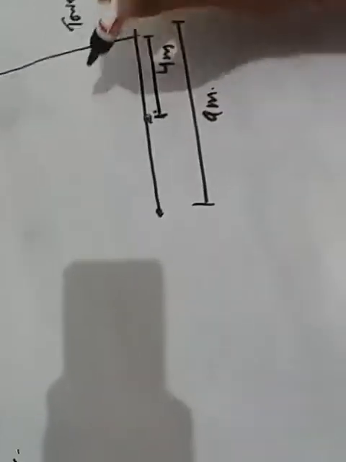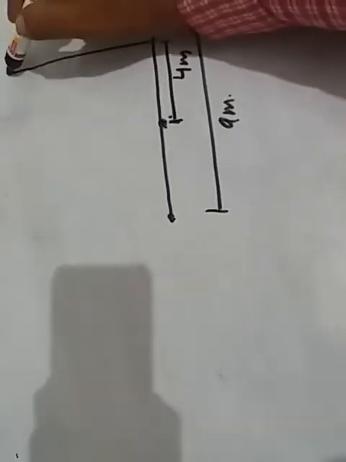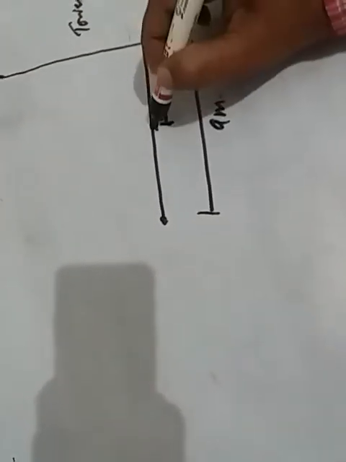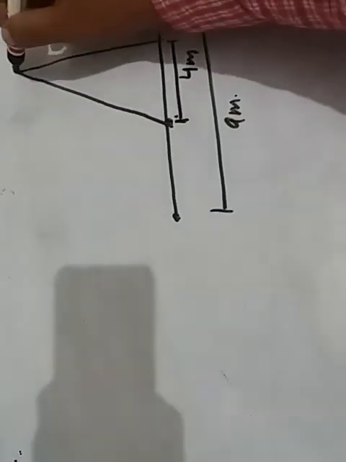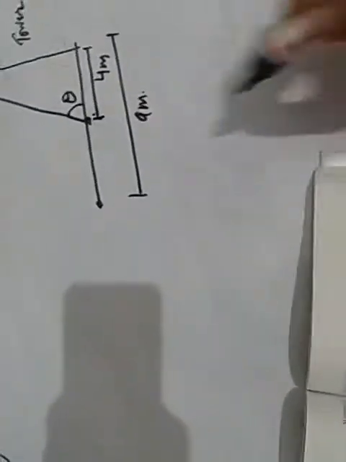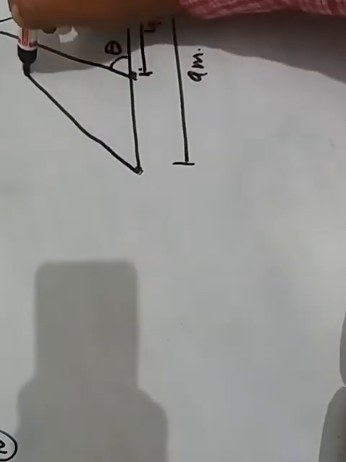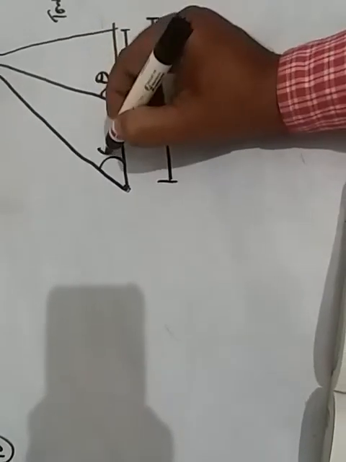We have to prove. See, angle of elevation means the object is kept on the top, means above the horizontal level. So this is what? Top of the tower. This is theta. Here it is given that both the points in the same straight line with the tower are complementary, means two angles of elevation are complementary to each other. This is theta, so next will be 90 degree minus theta, right?